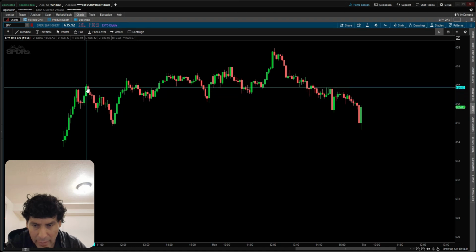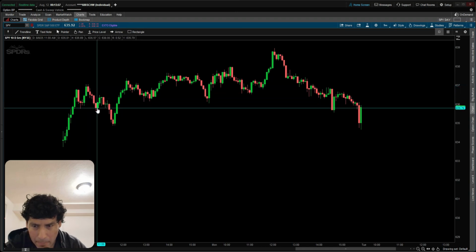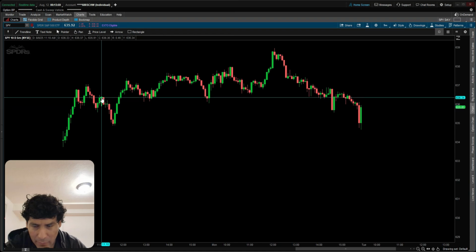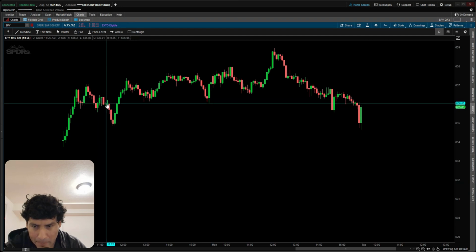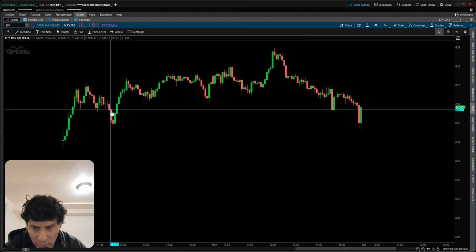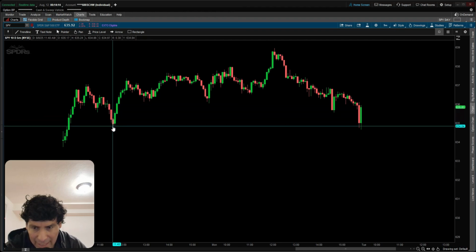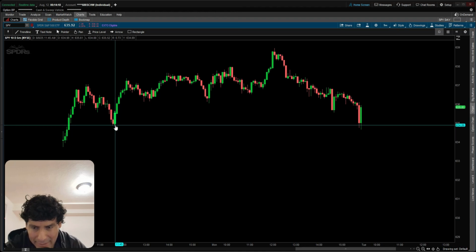From here, the price dropped down, goes up, and from here, the price continues going down. However, right here, the price made three red candles in a row, and the next candle was green plus it was